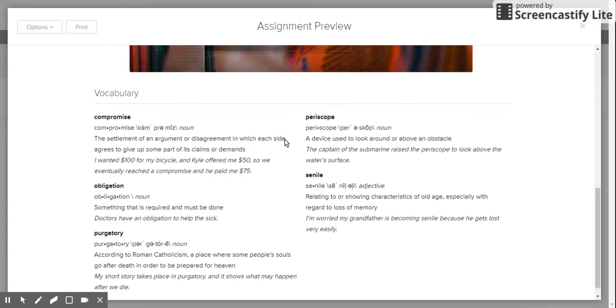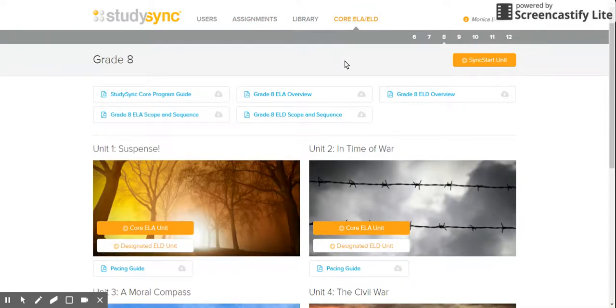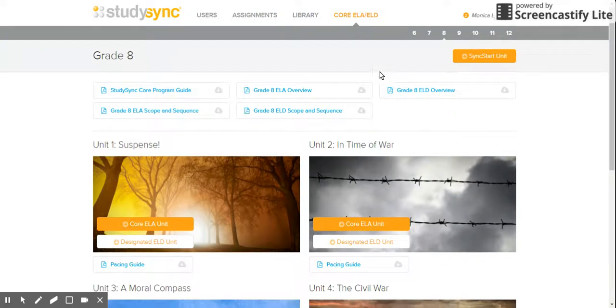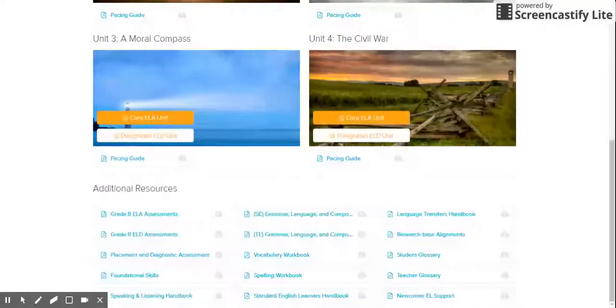Also, if you go to your core ELA, ELD, for whichever grade level you choose, down at the very bottom is where you can locate a grammar, language, and composition book, which I discussed in the previous newsletter, but there's also a vocabulary workbook. So this vocabulary workbook is just a PDF, and this PDF has different types of vocabulary lessons and activities that you can use to further develop your students'